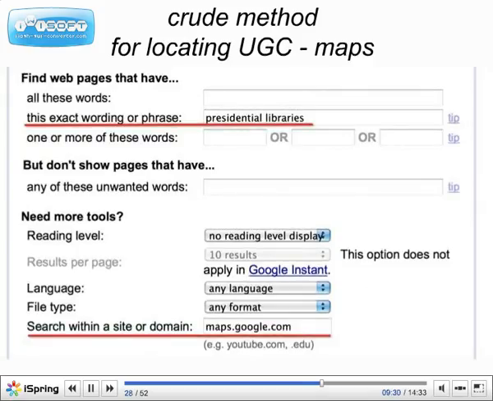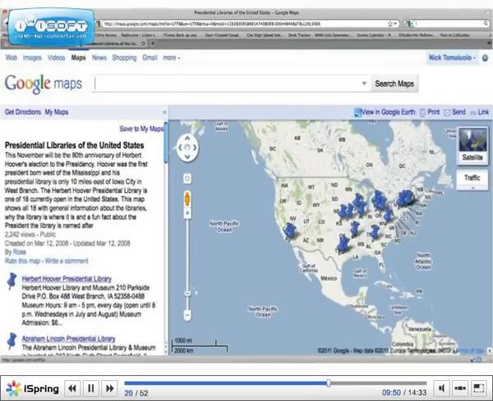So we have to adapt and do even clunkier, cruder things like this in the Google Web Search's advanced search interface, and that's how we can rescue or salvage our ability to find maps until Google decides to resurrect the option on its own and gets around to adding the Show Search Options button back in. And this method seems to work, but I hope Google, in its infinite whatever, will make this